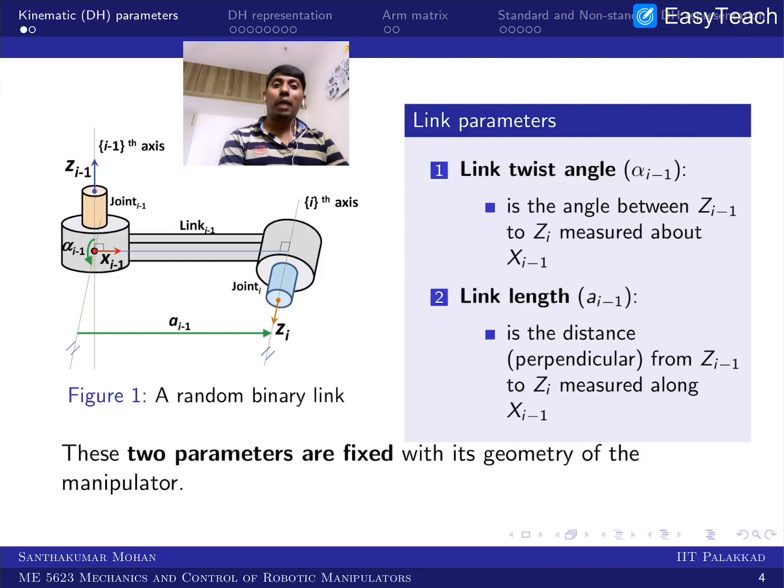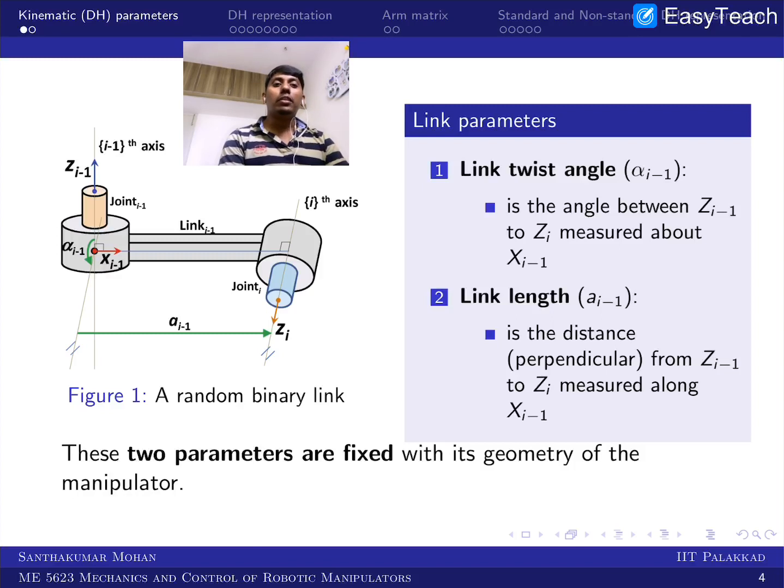In addition, as per the Denavit-Hartenberg approach, the first assumption is that a link would have a maximum of 2 joints. Why 2? Because the ground has one joint, and similarly the end effector also has only one joint. So any given link has at most 2 joints, and we say that the link is a binary link. This is the first assumption.